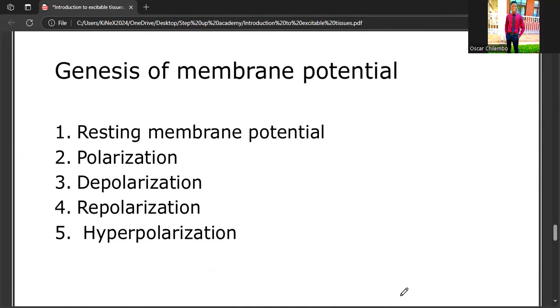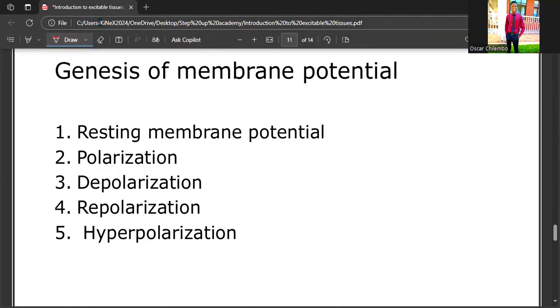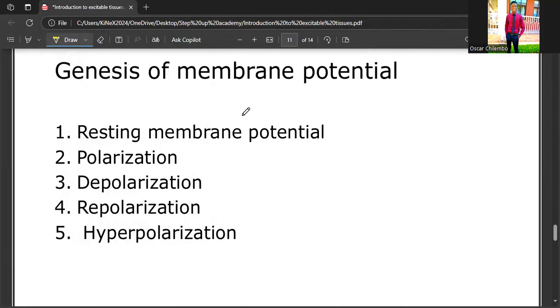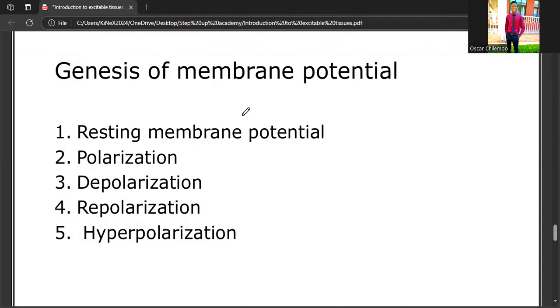Now, there is a very important point that I need to mention. We are just looking at the neuron, the structure. Now, we've been talking about an action potential, we've been talking about electrical transmission. Now, we need to look at how an action potential is actually generated, because it's very important for you to understand how an action potential is generated in the human body. Okay, so mainly the genesis of membrane potential,